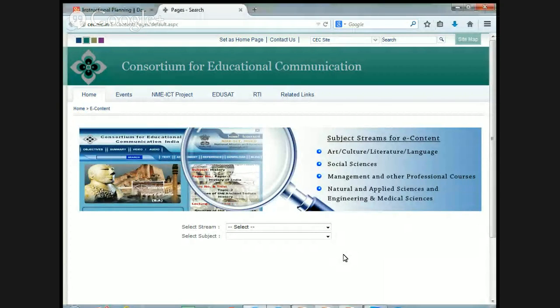Okay, so this is a website, the Consortium of Educational Communication. The site name is cec.nic.in. So they have developed many resources: art and culture, literature, language, social science, management, and natural and applied science. So you will have applied science faculty and management faculty in your institute, so you can guide them. This is one of the consortiums that has created many